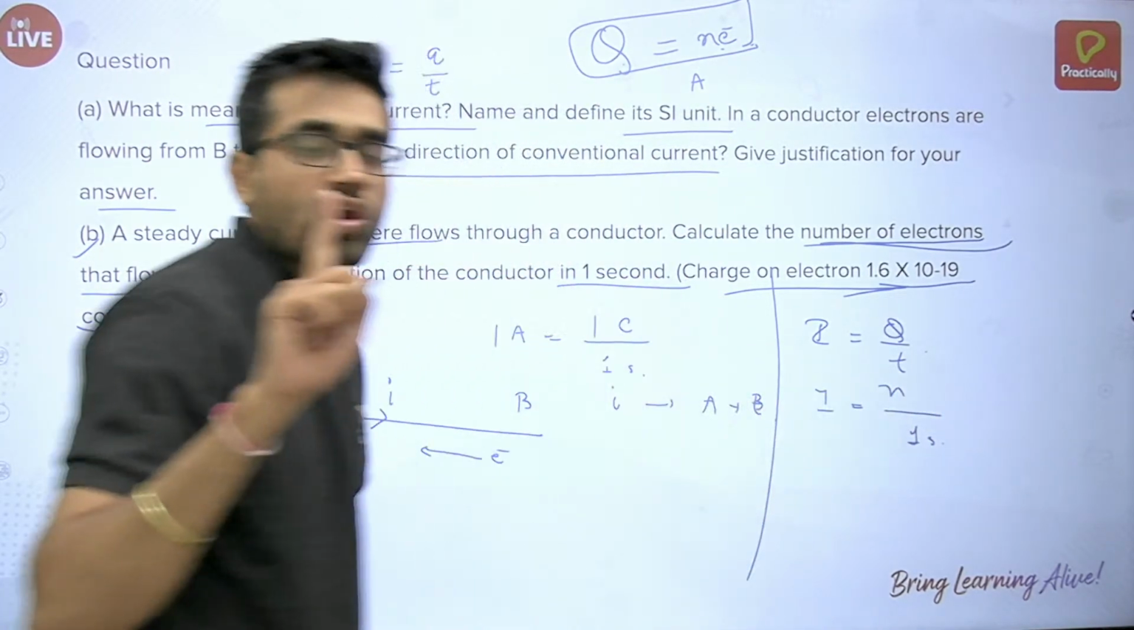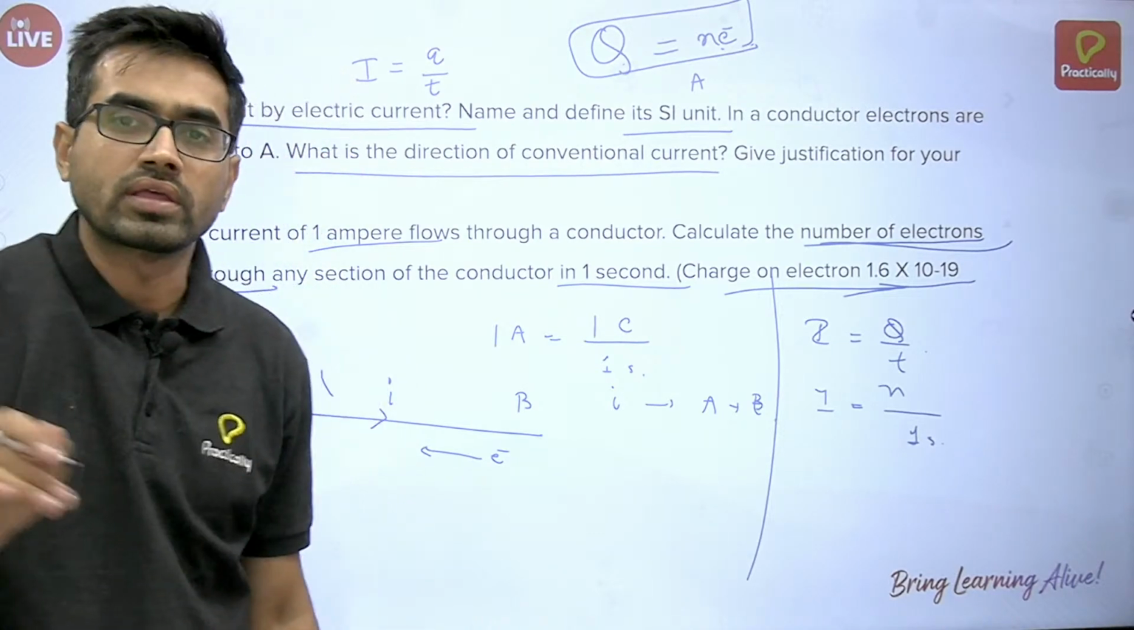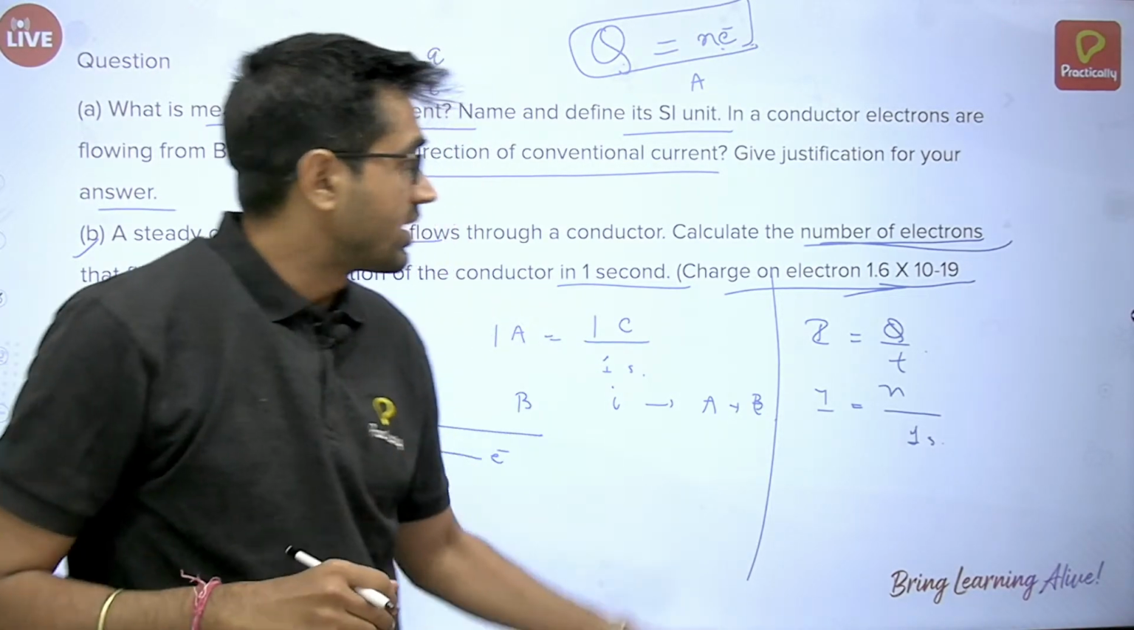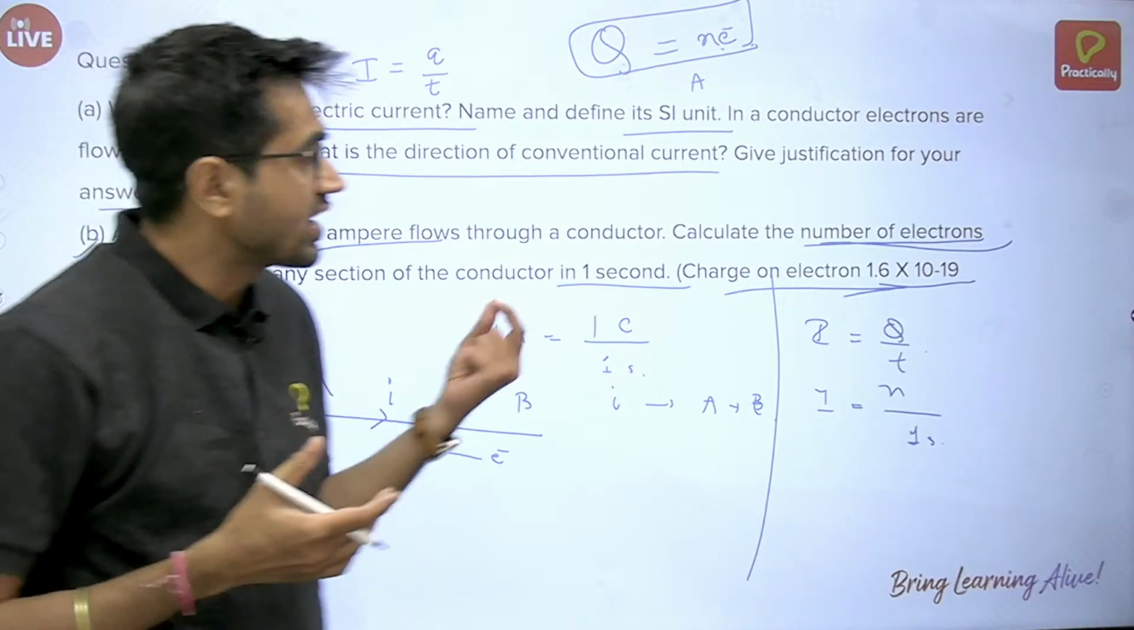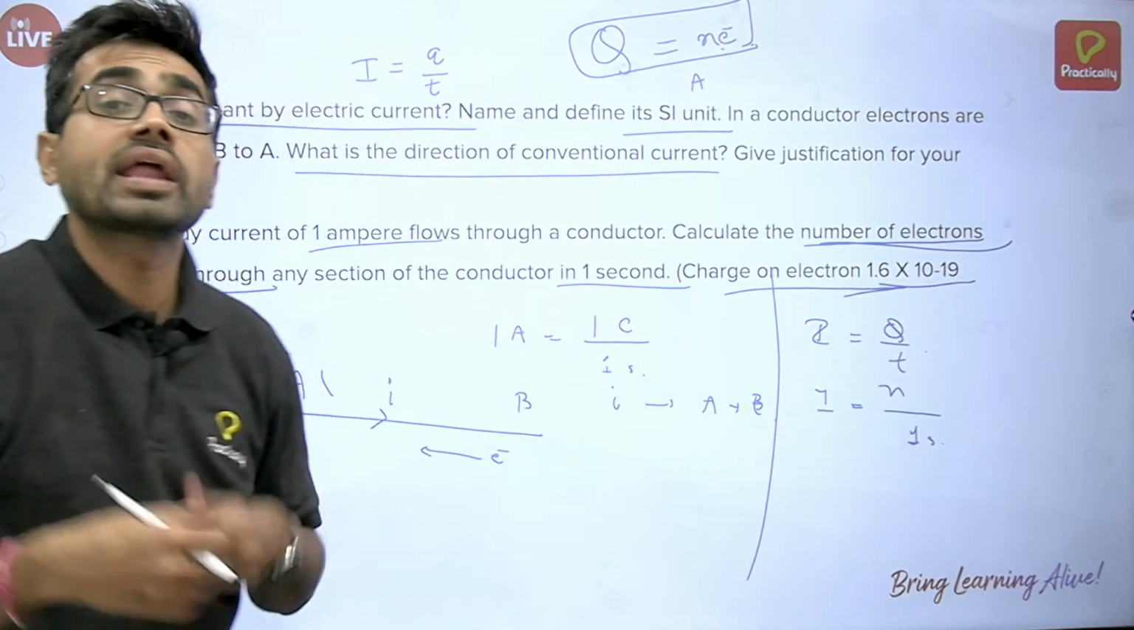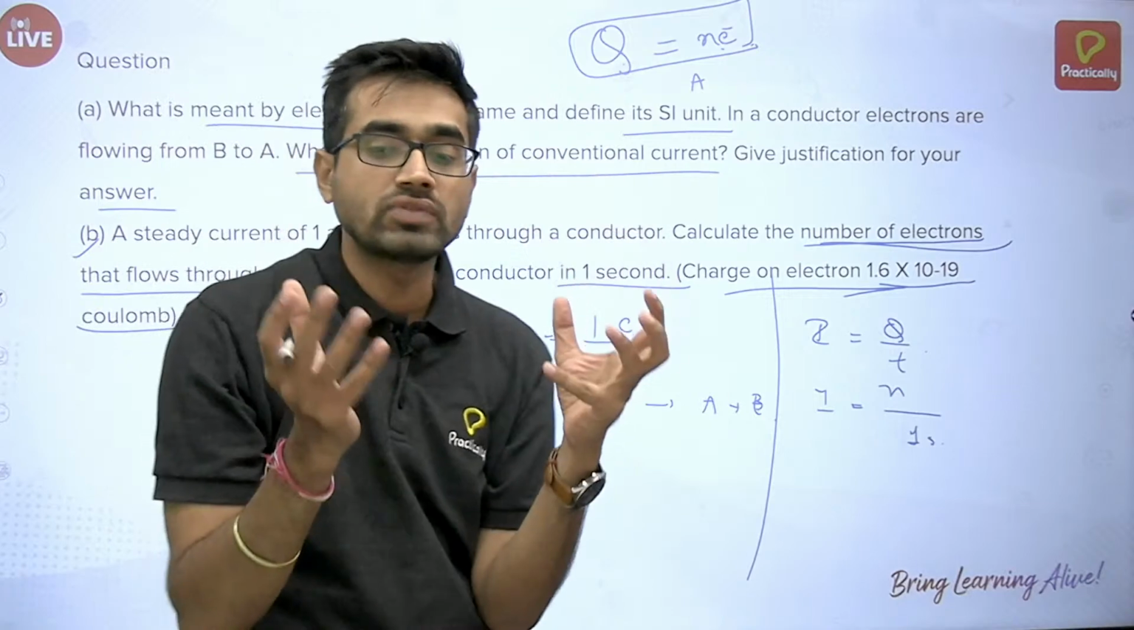You should remember always. So Q is the total. If 1 electron flows, then it is just that much charge. But how many electrons are flowing? 1 electron has how much charge? And let's say there are n number of electrons flowing. So the total charge will be nothing but